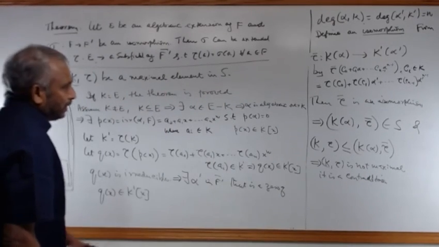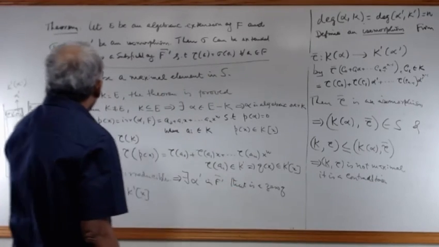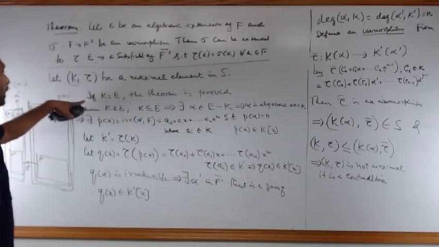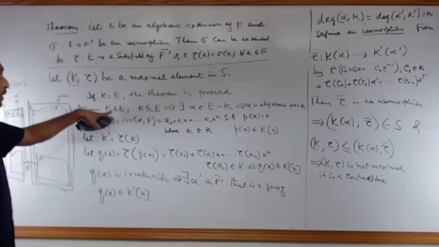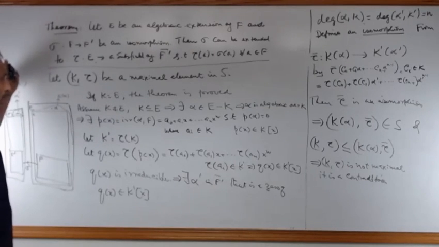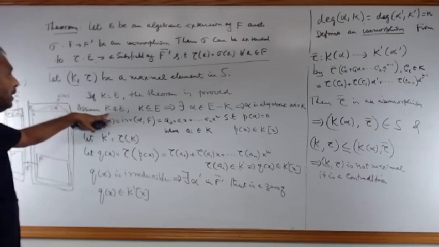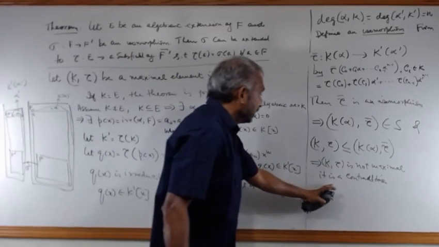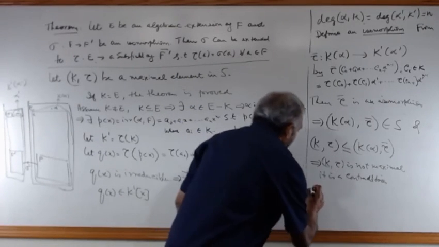And why did we get this contradiction? Because we assumed that k is not equal to E. If k is equal to E, we are done. If k is not equal to E, then we arrive at a contradiction saying that it's not maximal. And that concludes the